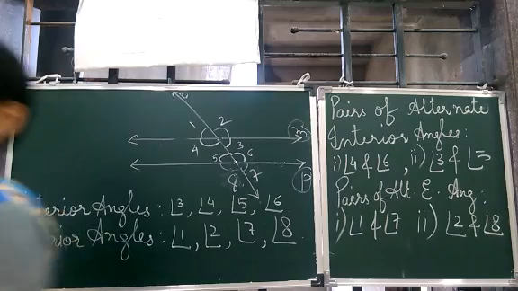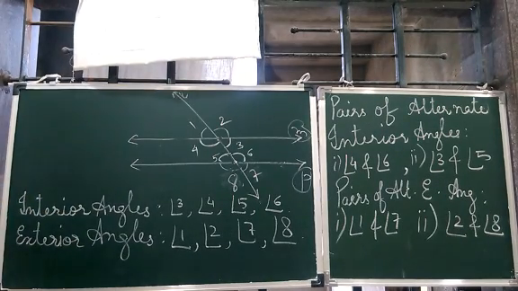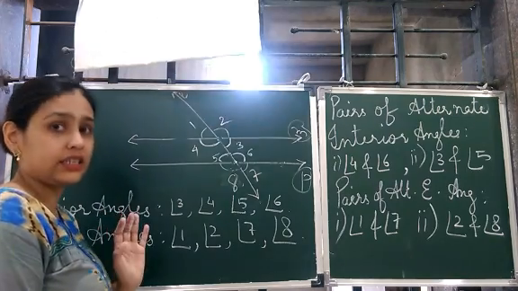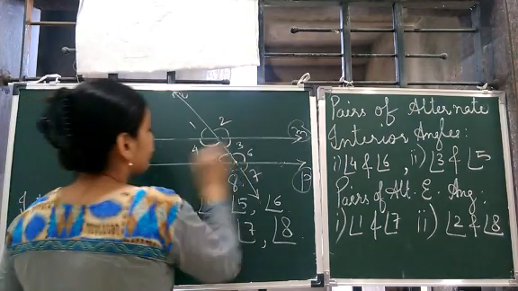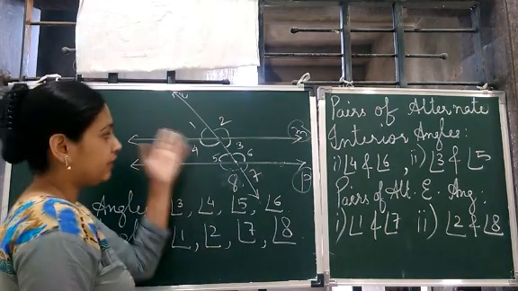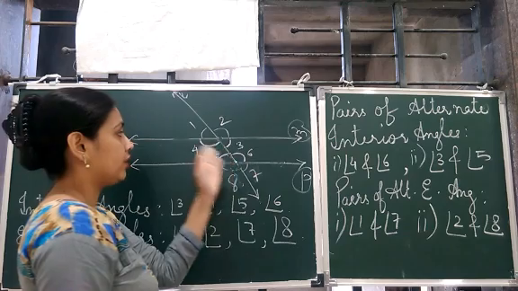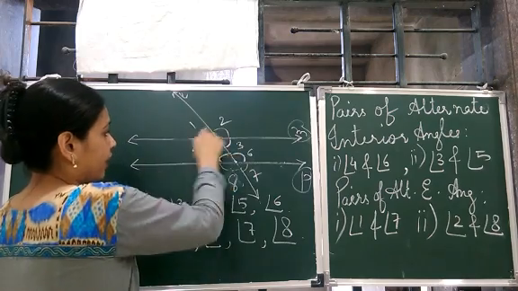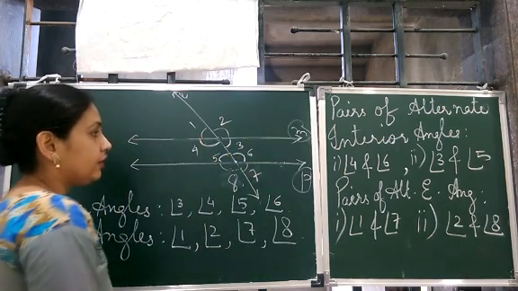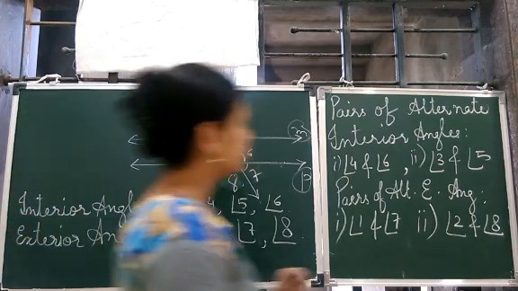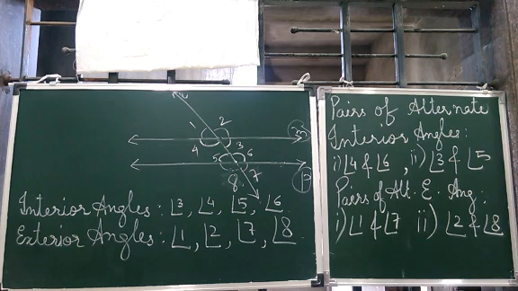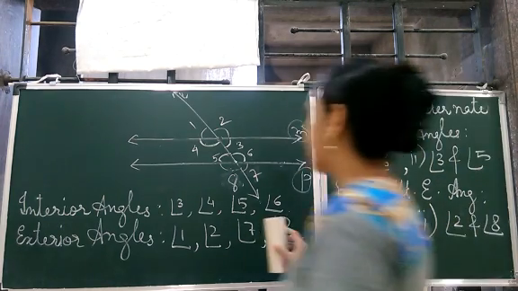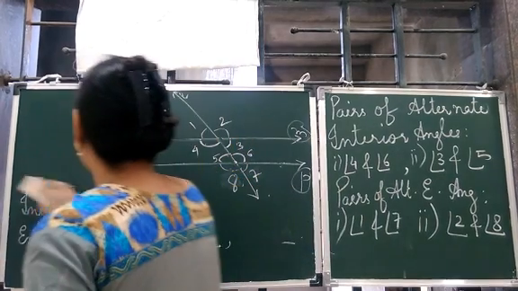This is a pair of alternate exterior angles. These are angles formed when a transversal cuts two parallel lines. Then they are alternate angles, you can say. So this is the interior and ये है exterior. Got it? This completes alternate exterior and interior. Then pair of interior angles on the same side of the transversal.